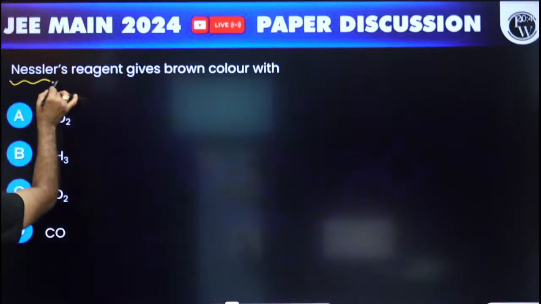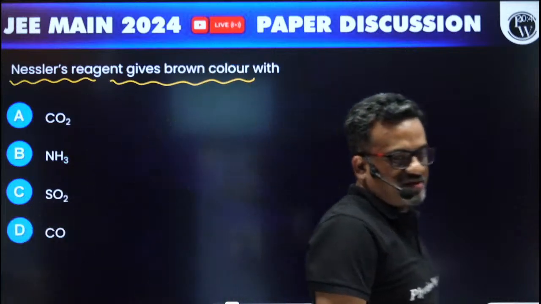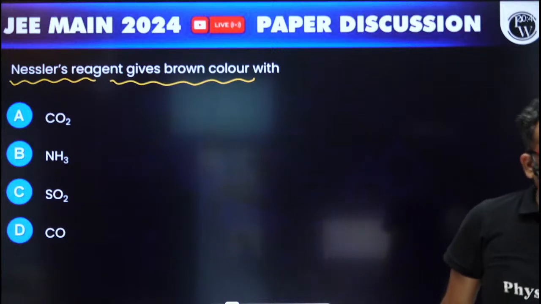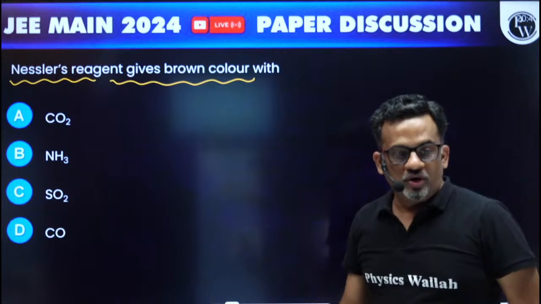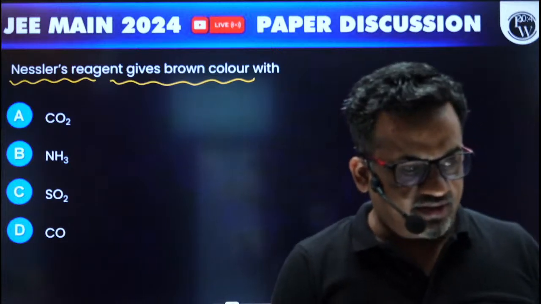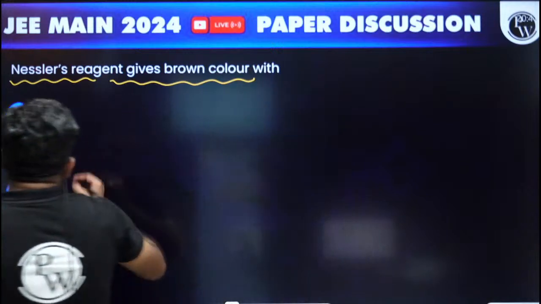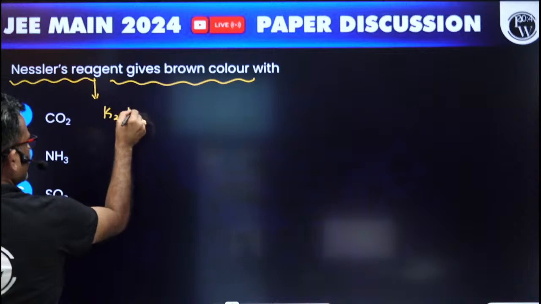Nessler's reagent gives brown color with... Where do you use Nessler's reagent? You use it in the identification or detection, in the qualitative analysis of group 0 radicals, cations, right? The ammonium radical, you will be using it. So what is Nessler's reagent? The formula of Nessler's reagent is